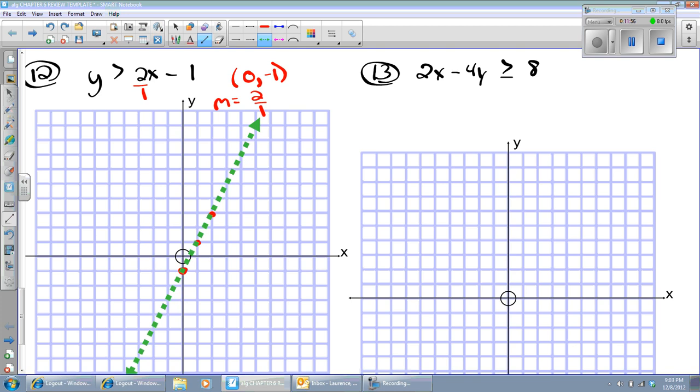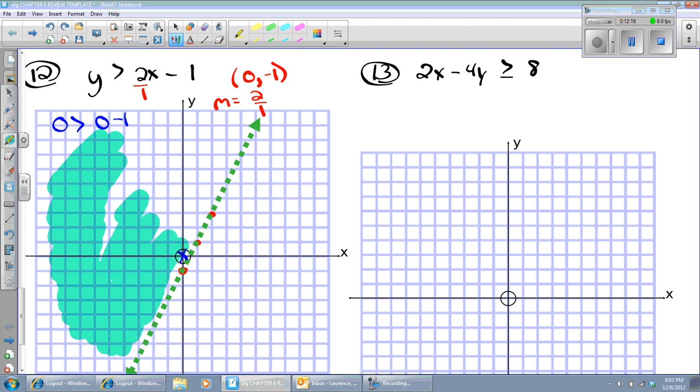And now I've got to see which side of that line I'm going to shade. So I can use 0, 0 as my test point. So put 0 is greater than 0 minus 1. Is 0 greater than -1? You bet your boots it is. So I'll shade this side of the line. Okay, now if we come over here,